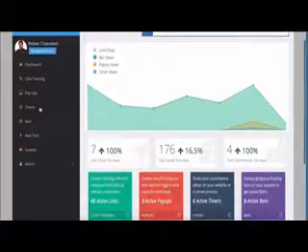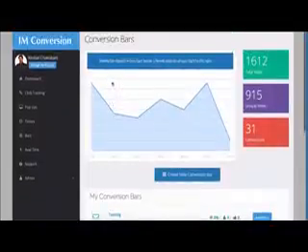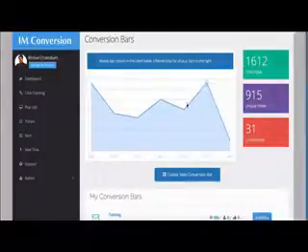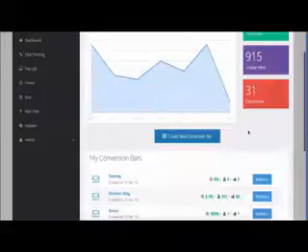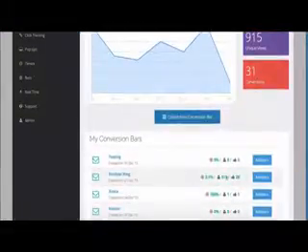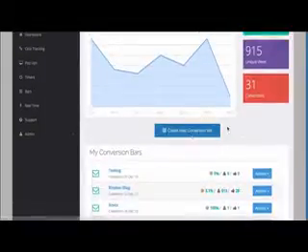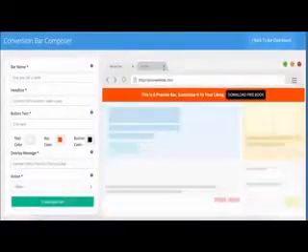Okay, so if you want to create a conversion bar, just click on conversion bars and then you'll see the bars that you have currently and the graph of the last few days of the number of views you've got. And you can also see the total views, unique and conversion that you've got. So I was testing out a bar on my blog for a few days, and this is what happened. So if you want to create a new conversion bar, just click on this